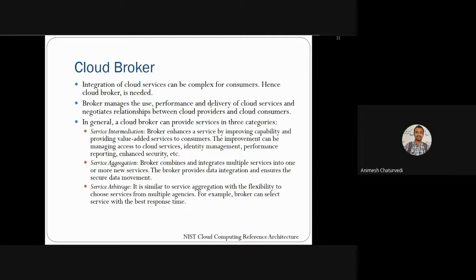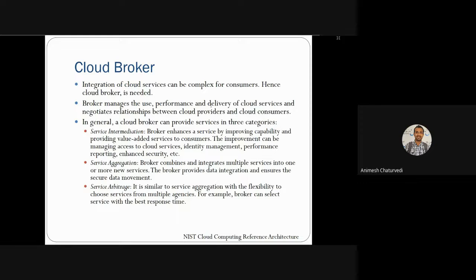Then service arbitrage is similar to service aggregation, meaning a combination of various services, but with the flexibility that there are various service providers and they choose from multiple agencies. For example, a broker can select a service with the best response time. So the best response time could be selected for that service provided to the consumer. So this is service arbitrage, meaning by choice a broker can